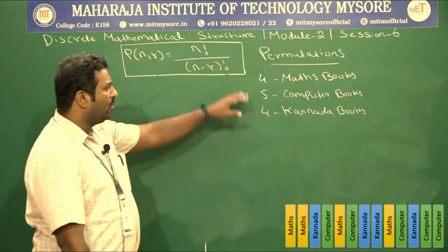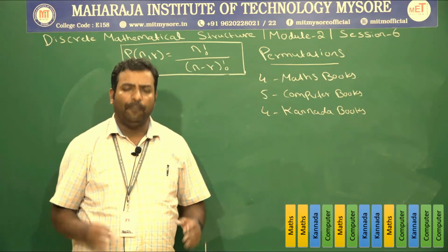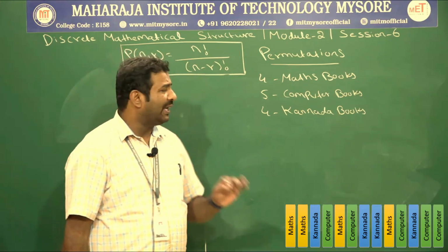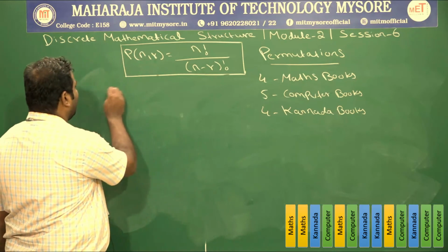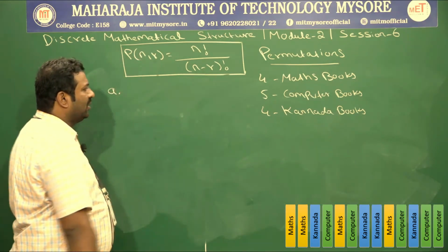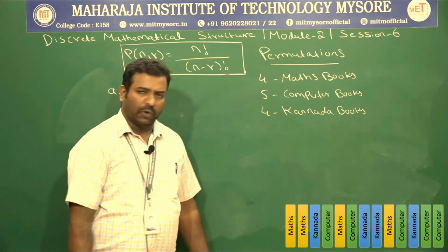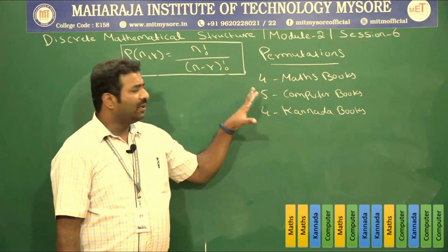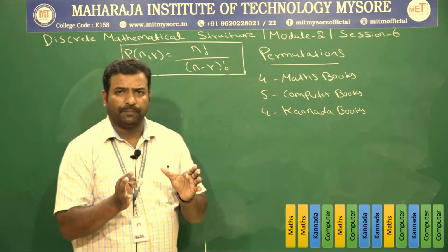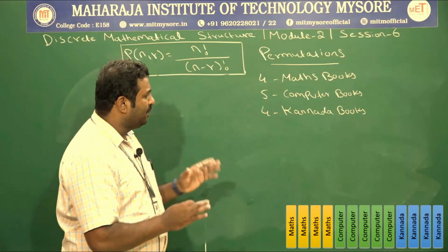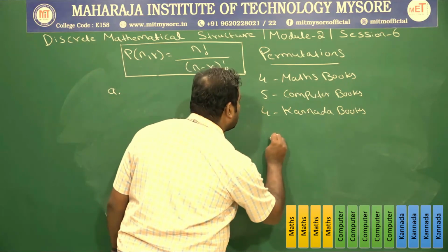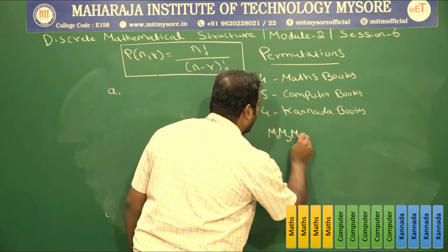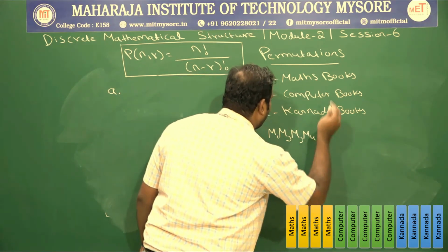Fine. So now I am going to have this many books. So now I need to find how many ways on the given following cases. In case A, all these kinds of books should be together. That is, if I say math books, I am going to say M1, M2, M3, M4,